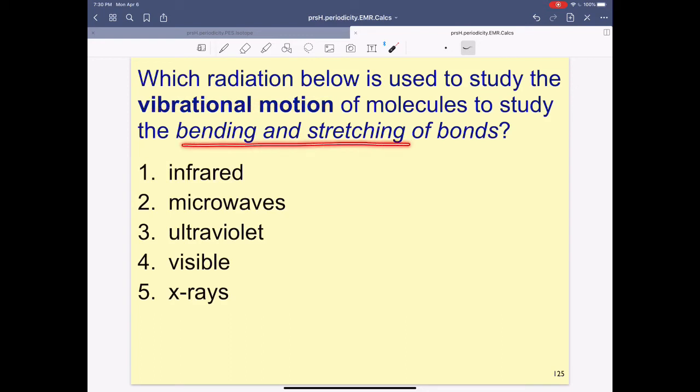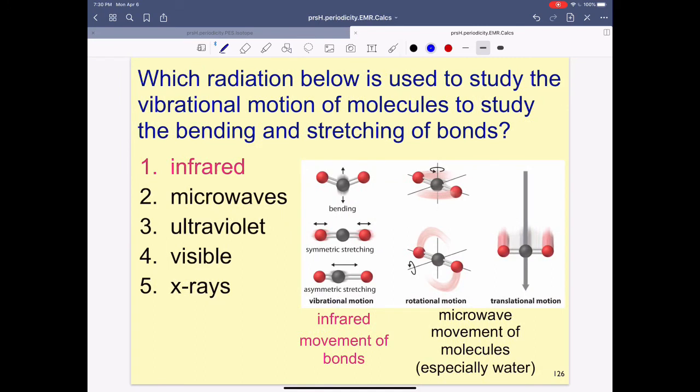Radiation below could be used to study vibrational motion of molecules, i.e. the bending and stretching of bonds. Clearly it's not going to be these high energy, so you're left to deciding between these two. Let's take a look. The answer is infrared. Infrared is enough energy to cause stretching of molecules, bending of the bonds, changing the bond angle in molecules, whereas lower energy,